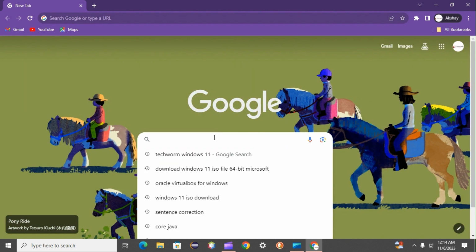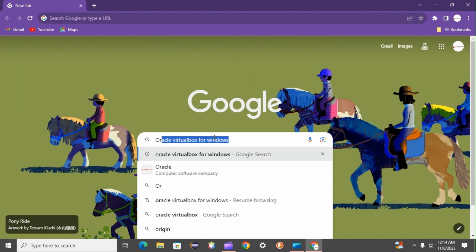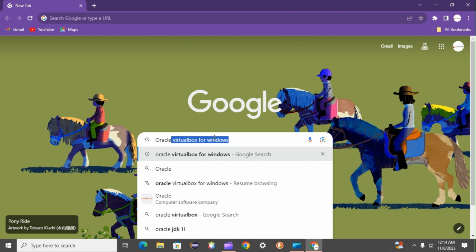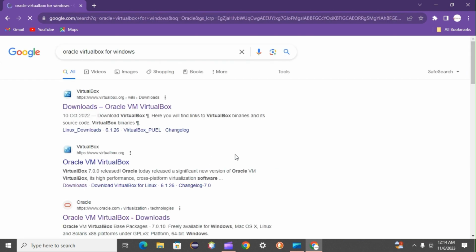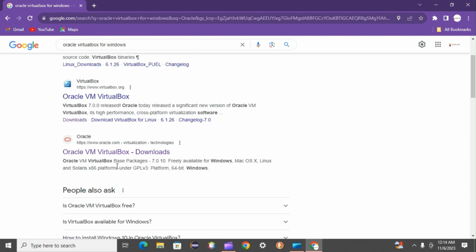Just type Oracle VirtualBox download for Windows. Okay, Oracle VirtualBox for Windows, and just click on the third link. So this is the Oracle website,